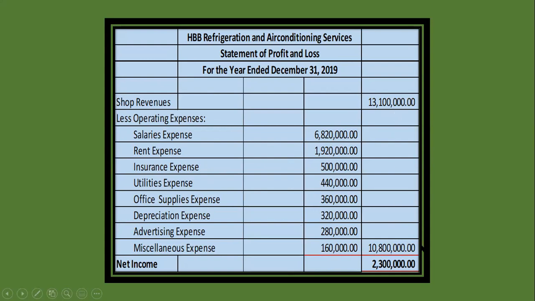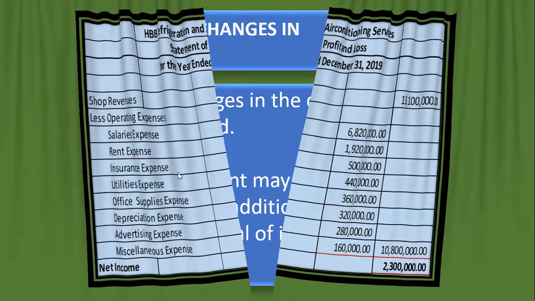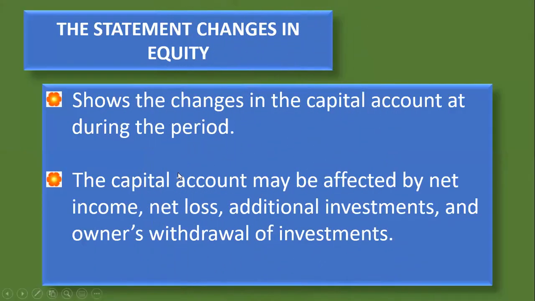13,100,000 minus 10,800,000. Then you get your net income of 2,300,000. Actually, this is the amount that we have in our worksheet. So then we have, actually it's not part of the book's discussion, but I need to prepare this one because